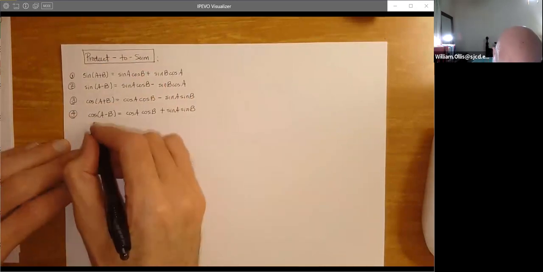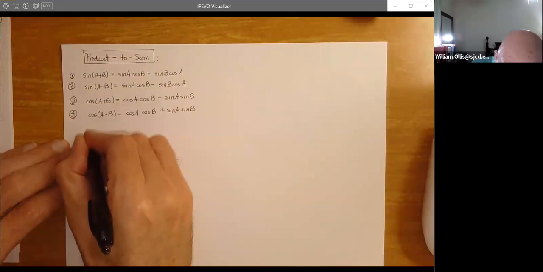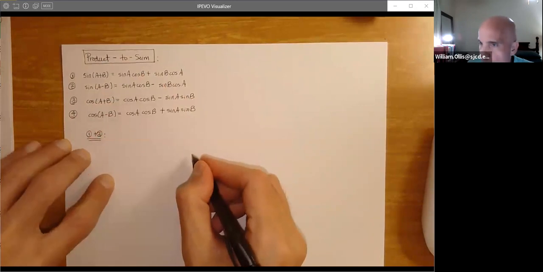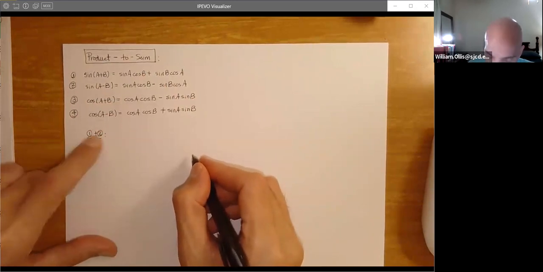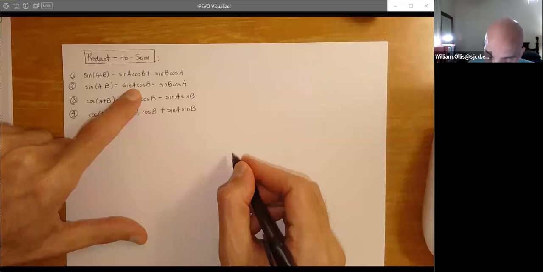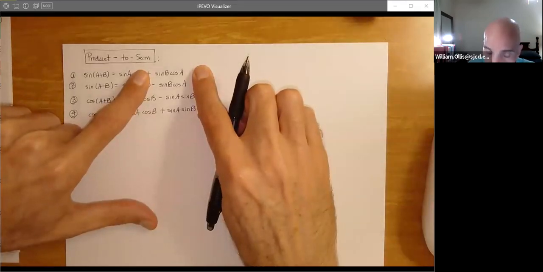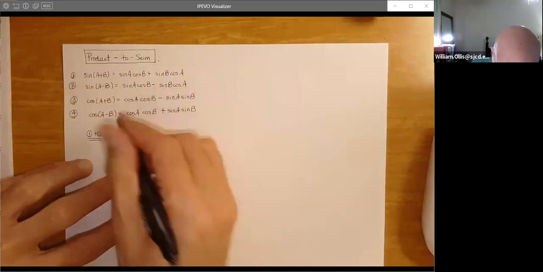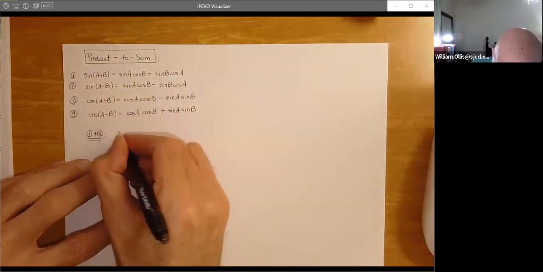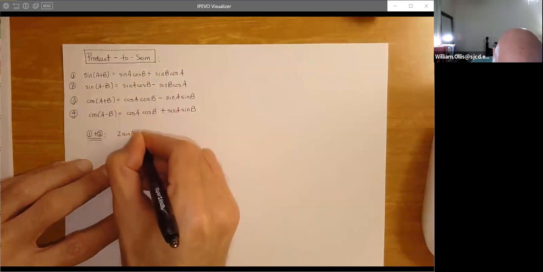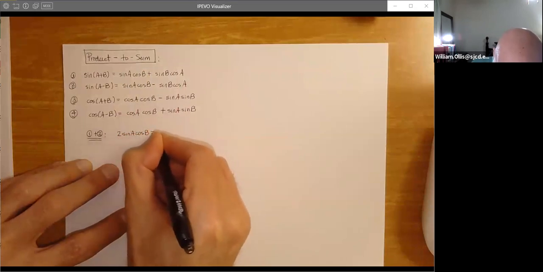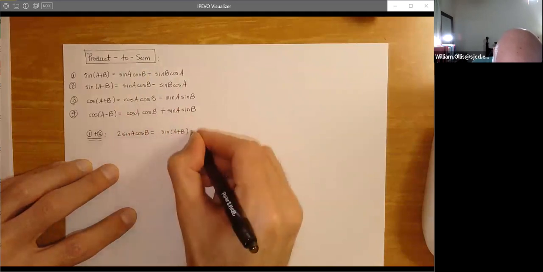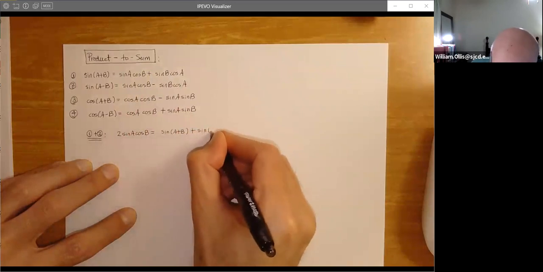So the first thing we're going to do is add, we're going to say 1 plus 2. And the answer is not 3. I'm just saying we're adding equations 1 and 2. So we do a visual. Look, when we add the first two equations, these absorb. This will give us 2 copies. So this will mean 2 sine A cosine B equals sine A plus B plus sine A minus B.